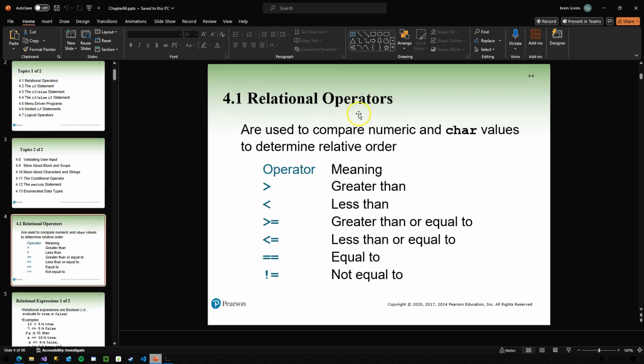Diving right in, relational operators are used to compare numeric and char values to determine the relative order. If you've had even basic math classes, you've seen operators similar to these. We use a little bit different syntax in C++ and computer programming because we don't have access to, for example, in math, less than or equal to written as the less than symbol with a single horizontal line underneath it. There isn't that key on our keyboards, so instead we have the traditional greater than, less than,